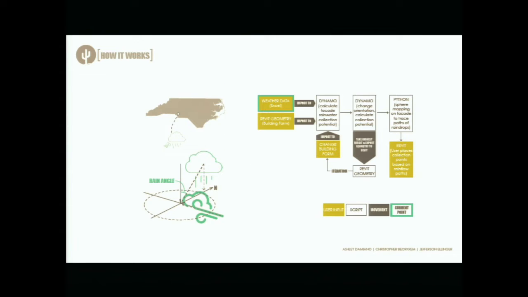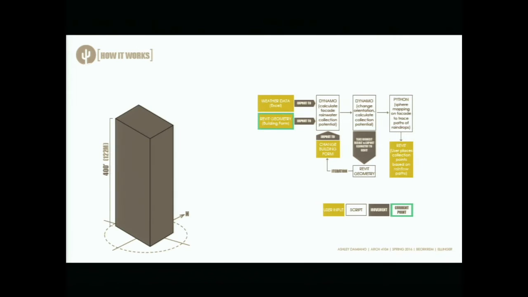So we began by importing weather data and stripping it down just to include wind speed, wind direction, and precipitation amounts over the course of 4 years. We further removed the days without any precipitation, any measurable rainfall, to make our calculations more accurate based on the wind speed and direction of that particular location, and average that out over the course of 1 year. That weather data is imported into Dynamo along with a Revit geometry conceptual mass. And